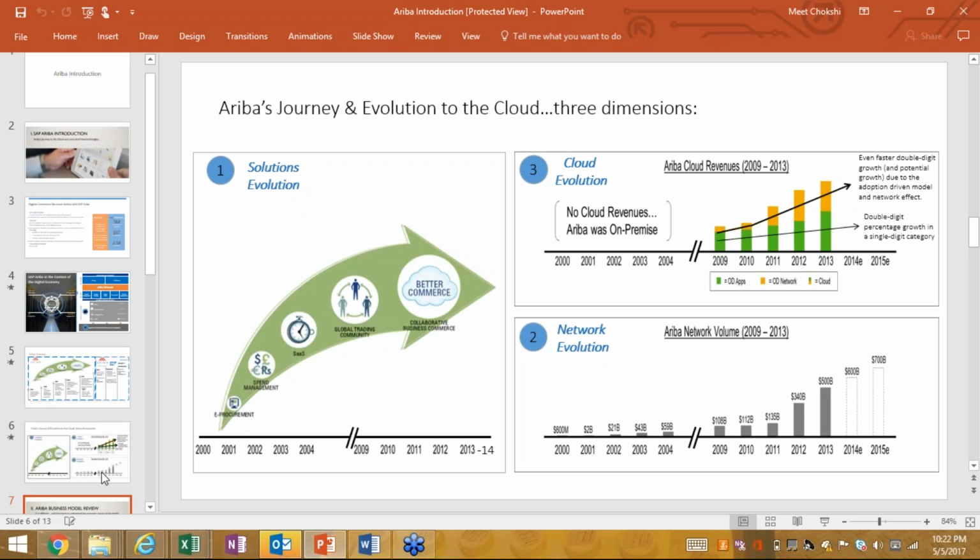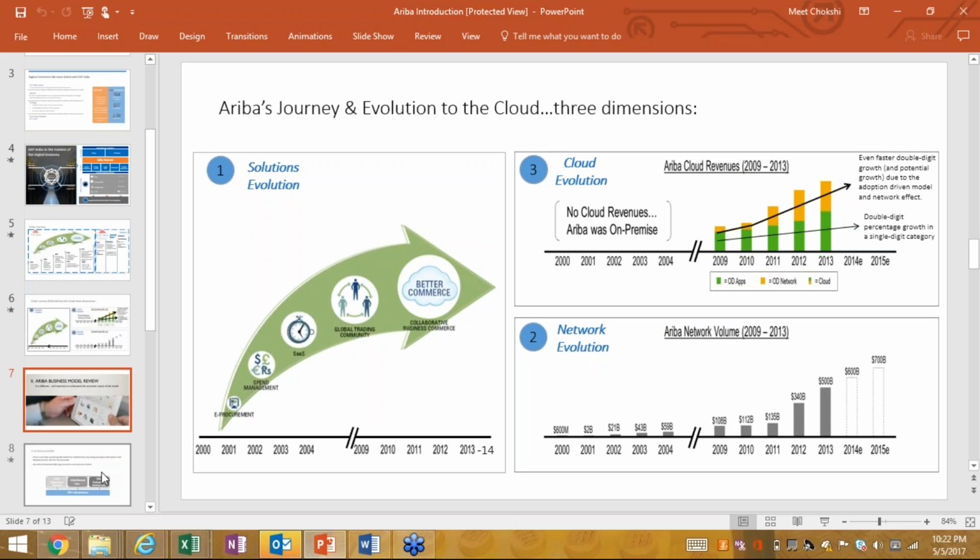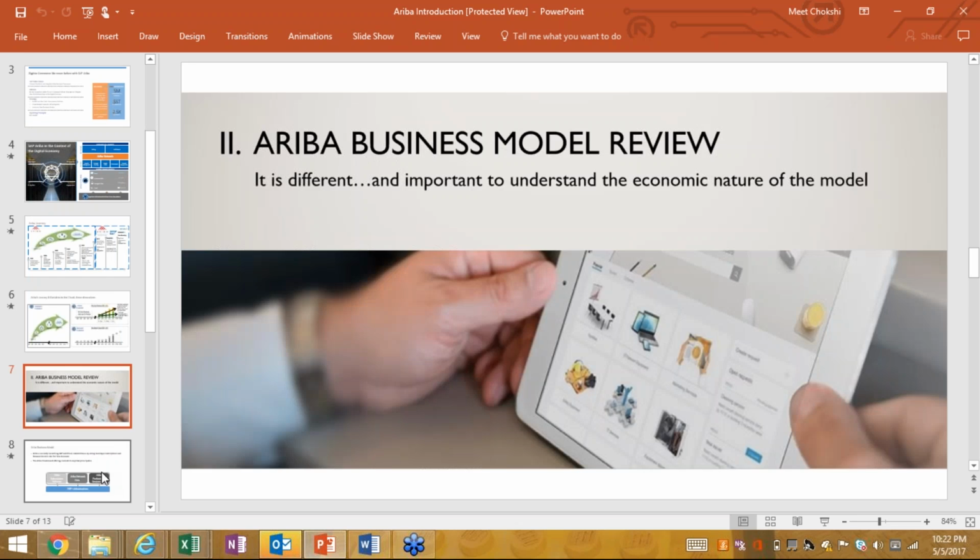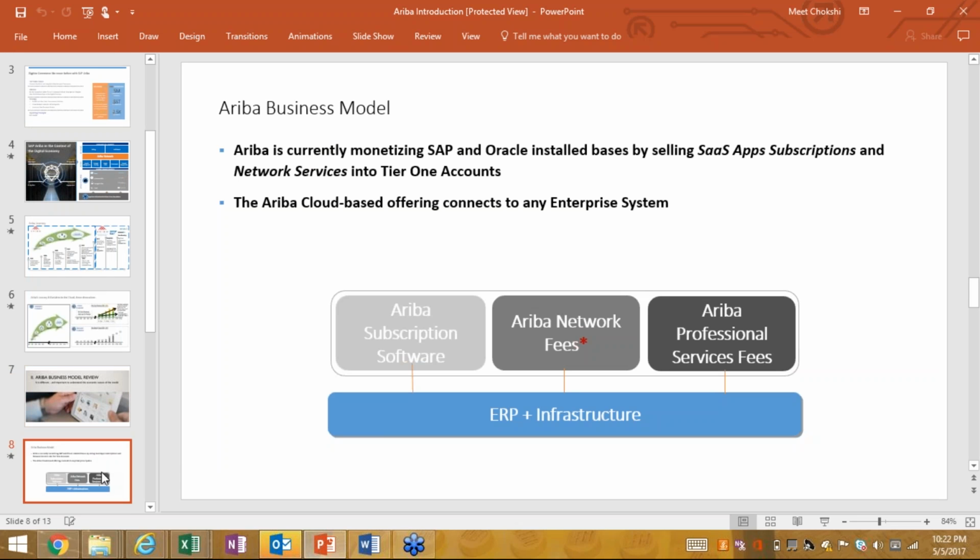Okay, so the business model. How are the fees charged, right? I have one slide to explain how we get these fees from suppliers.